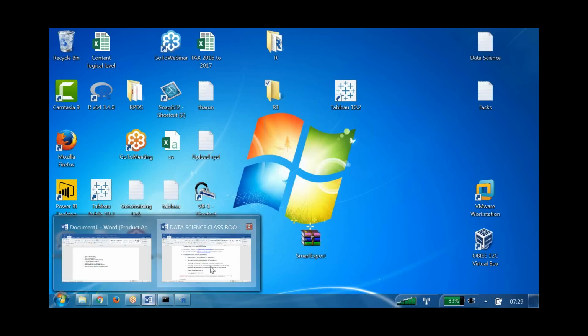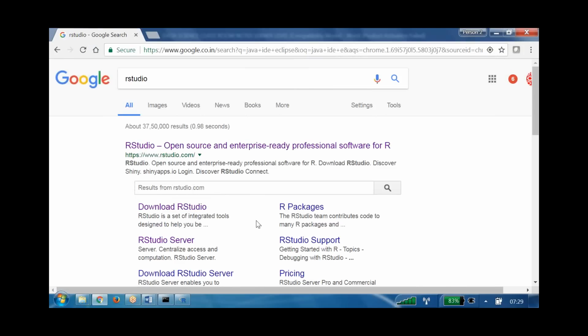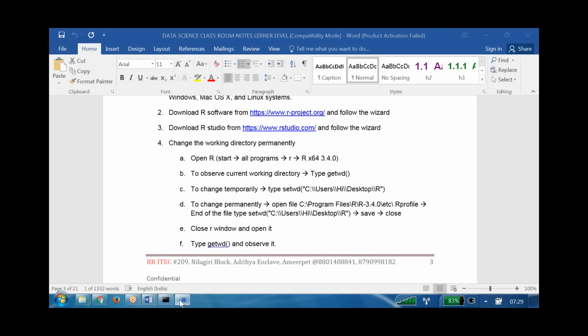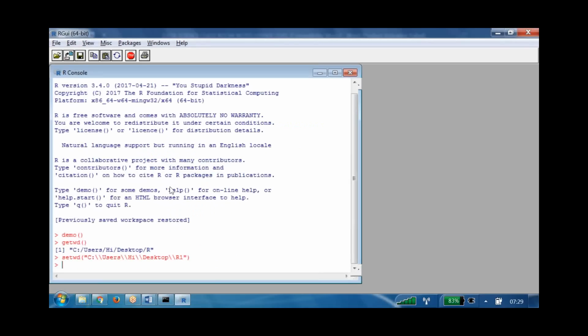Then how do we change it? You can change it like this. To change it temporarily, just type setwd() with whatever directory you want. In my case, I take this and provide it here: setwd, R1, then enter.